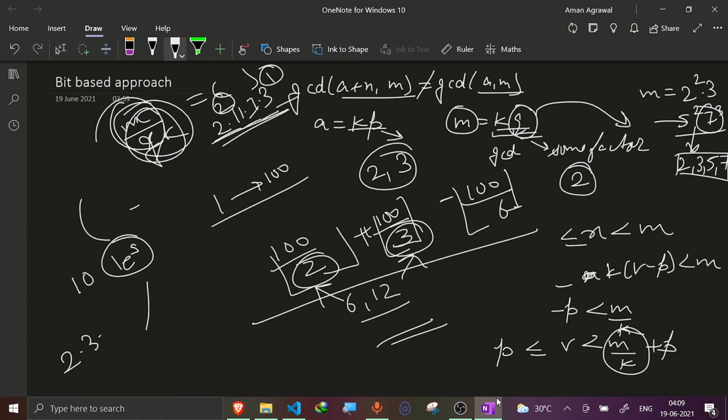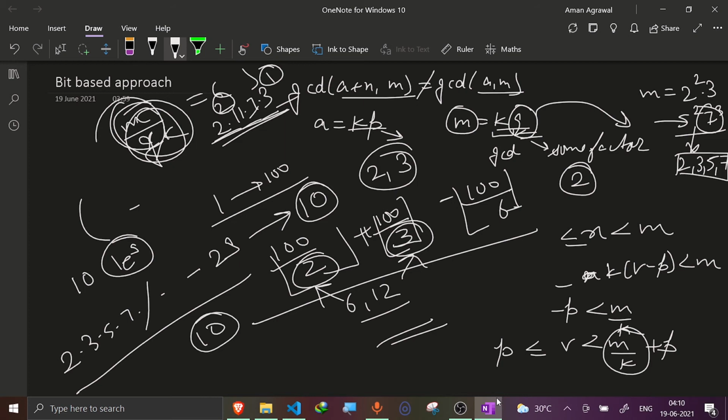So 2, 3, 5, 7, basically till 29, numbers only, it exceeds the 1e9 limit. So basically now I would get that as only 10 factors. So only 10 primes are there such that they could be part of this, and I need to exclude all of them. So for making this, what I would do is that I would add all the